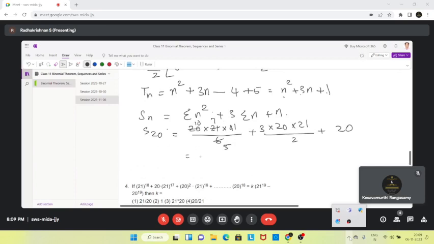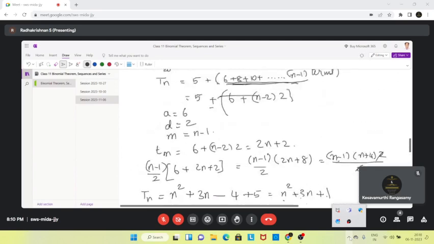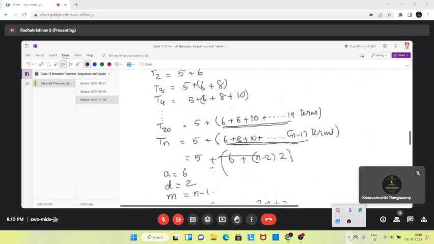Seven into 41, 7, 28, 70, plus this, I'll cut an icon. 2 into 20, 3 into 21, 63 into 10, 630. So you get 3520. So this is the general approach you use whenever you see something like the differences themselves